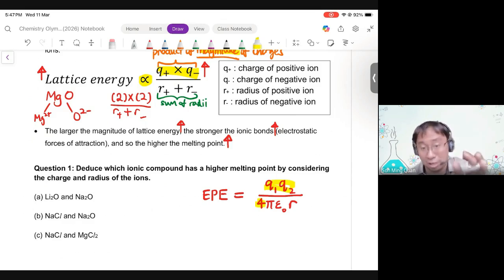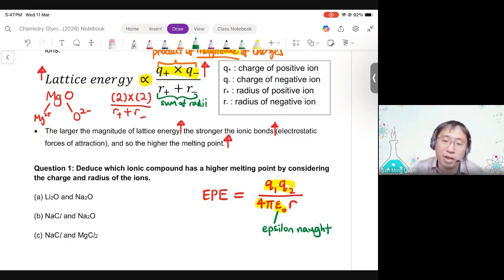4, I'm sure you know what's 4. Pi, I'm sure you know what's pi. This one is weird, this is read as epsilon naught. It's not 0. When you see 0 at the bottom, it's always written as naught. Epsilon naught is how you pronounce it. Okay? But the actual name of this term is called